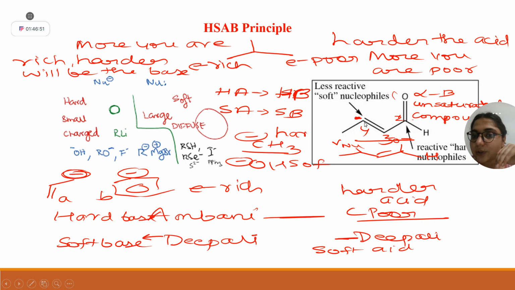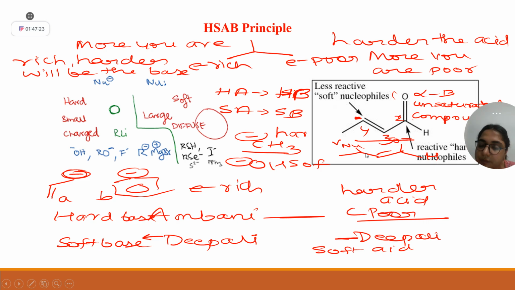If you have a nucleophile which is soft, it will prefer to attack the fourth position. And which example is a soft nucleophile? Your Gilman reagent, a copper based organocuprate. But organolithium and Grignard reagents are harder nucleophiles. So they will attack at position 1, in a 1,2 fashion, because hard acid reacts with hard base, soft acid with soft base.